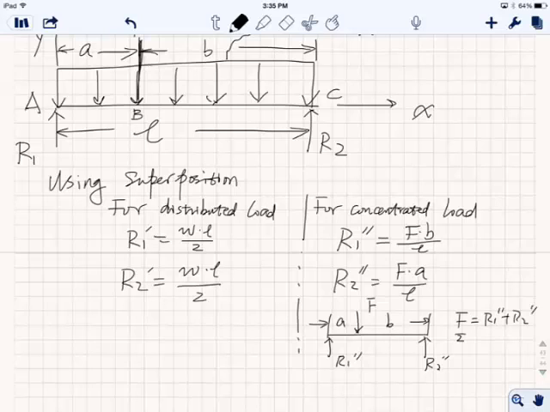And another condition you can use is summation MA equal to 0. This is point A, right? So F times A equals R2 double prime times A plus B, which is L, right? You can solve for that. But anyway, so